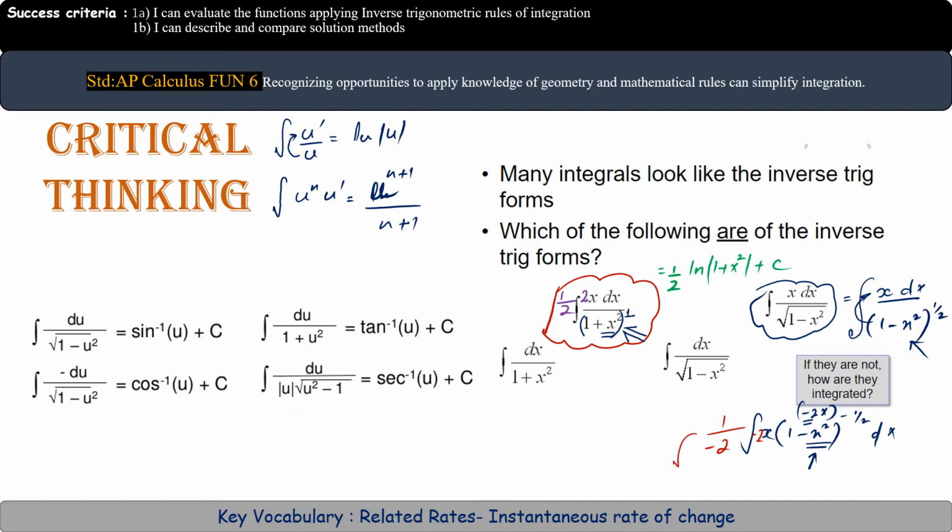So we will write the outside thing as it is. Then we focus on the bracket inner function, 1 minus x square. Add 1 to the power, so negative half plus 1 will be half, over 1 over 2. Now 1 over 2 and 1 over 2 cancel. The answer is negative (1 minus x square) whole to the power half. This negative, I wrote it over here.